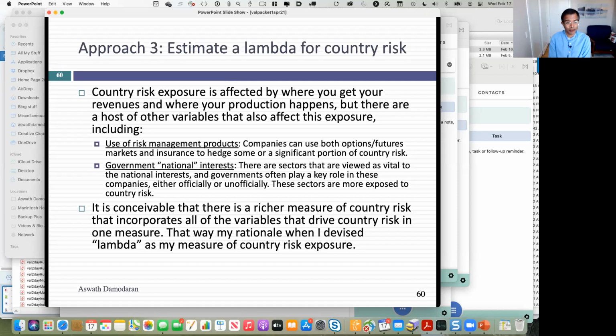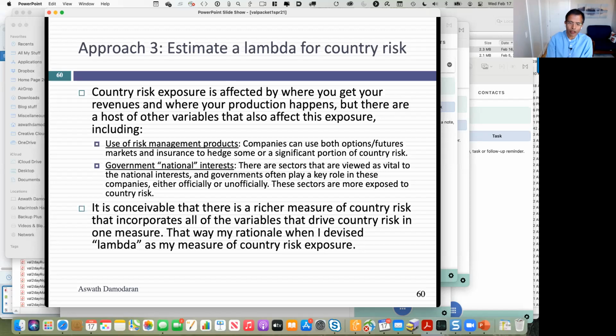In fact, I wrote a paper on this called Estimating Company Risk Exposure to Country Risk. That's still on my website, on the things I would look for to determine what your lambda should be. One of the things I'd like to know when I look at how exposed a company is to country risk is, how does the management use risk management products? Has it bought insurance against certain kinds of country risk? That'd be nice to know, right? How is this company viewed by the government? I'll give you one deadly set of words that will lead me to think you're more exposed to country risk: if your company is viewed as being in the national interest. God help you, because now you're an extension of the government. Everything you do is viewed as an extension of the government. You're more exposed to country risk.